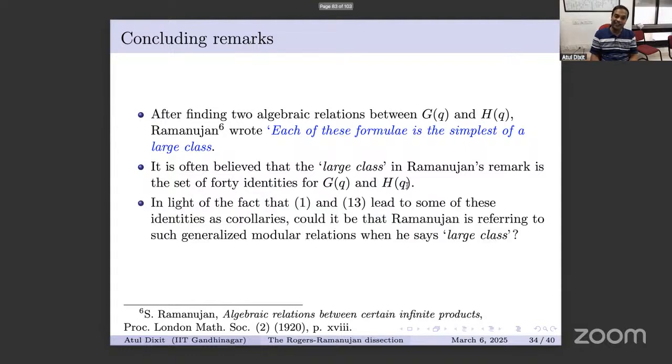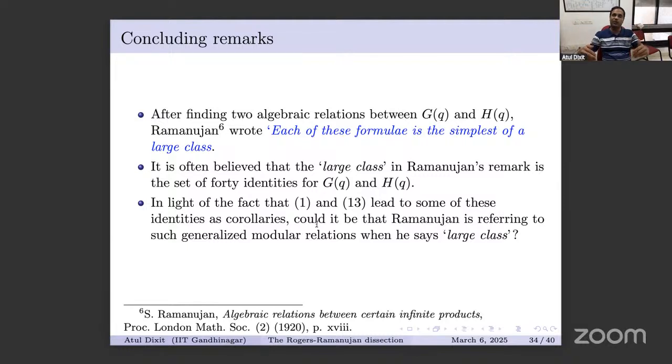What we think is that, of course, it could be that this itself is the large class that Ramanujan meant, the 40 identities. But because three of the identities involving G and H have these generalizations in terms of A and B, we feel by large class he means this infinite class of identities pertaining to each such identity of G and H, where there are A and B, two free parameters, and you specialize them and you get the identities between G and H. Again, this is a speculation. We don't know what exactly he meant when he said the large class. More probable is that the set of 40 identities itself is the large class. But because the three identities give us more general identities,